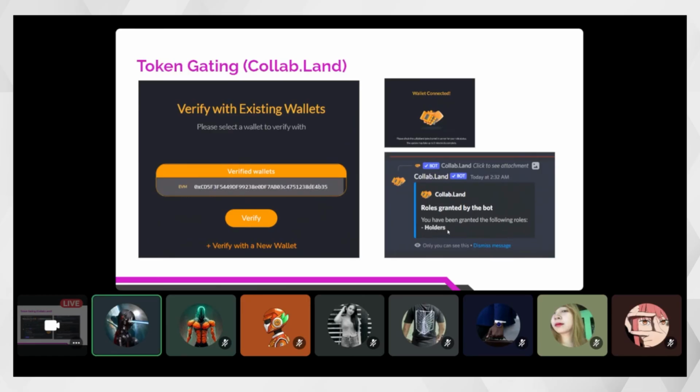Okay, and then with the basic server setup that I mentioned last time, we use the server permissions just to make any channel exclusive to only those holders. So if you already have this, you will be able to have access to the holder-only channels in a server or a project. So usually projects post mint do this. So there are special perks just for those who have the NFTs, etc. So this is how they actually do it.